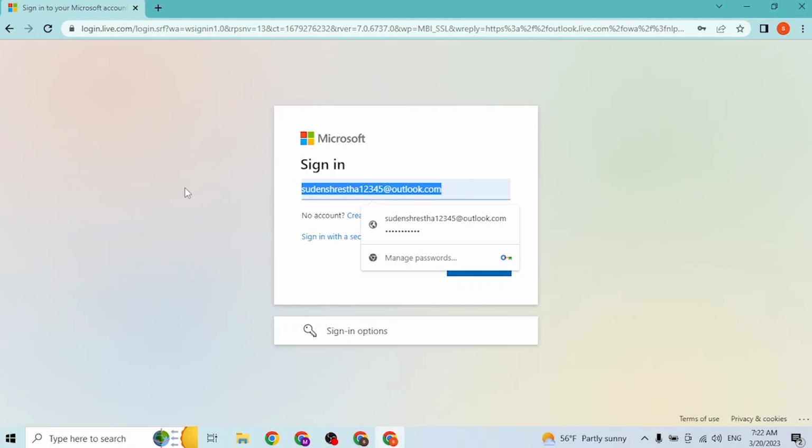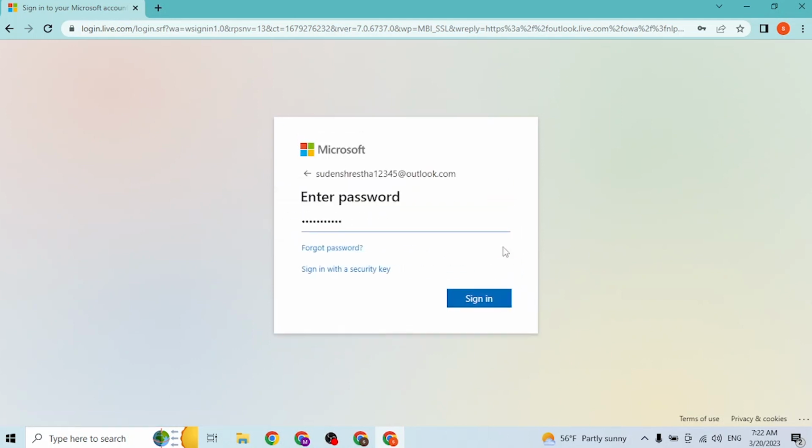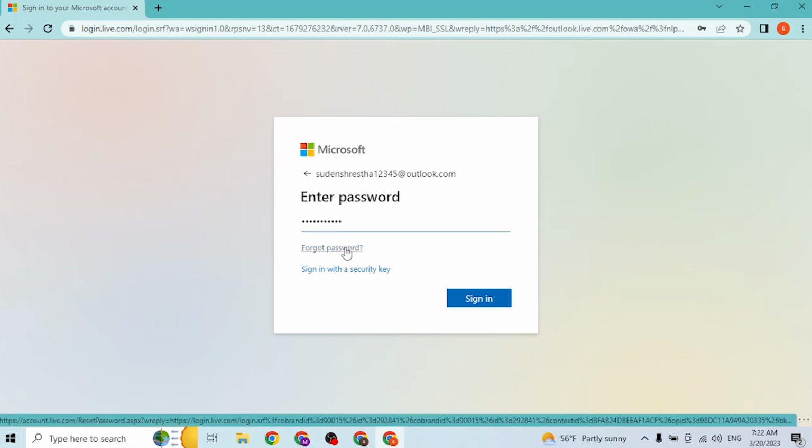That being said guys, after entering your email address like this, simply click on next. My computer had auto filled it for me, and after that you'll be required to enter your password over here. But if you have forgotten your password also, you'll be able to retrieve or reset your Outlook Live account's password from over here, which is the forgot password. If you click on that button, you'll be taken to a procedure where you'll be able to retrieve or reset